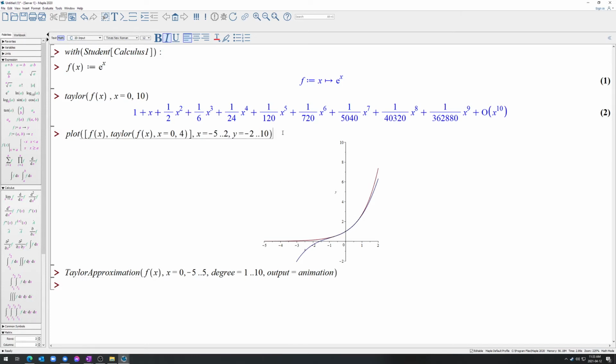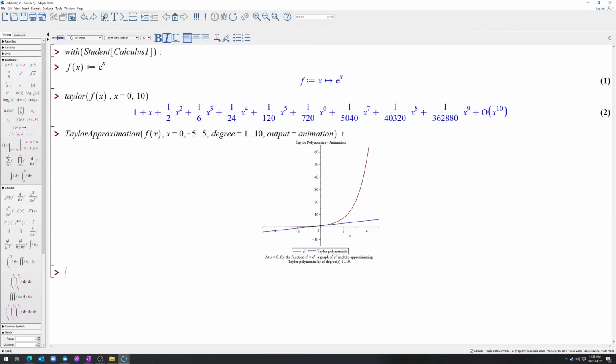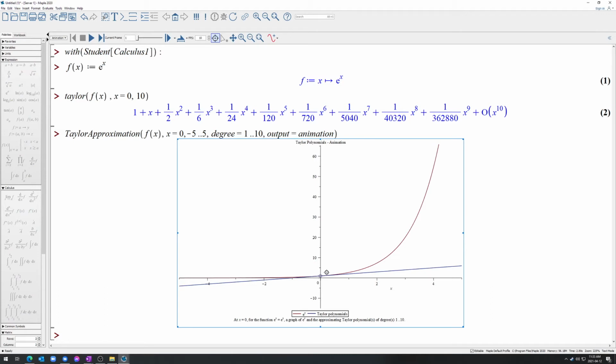Now, rather than me editing this and trying to plot each individually, let's get rid of that and take a look at this Taylor approximation command with the degrees from 1 up to 10 with an animation as its output. And from here, you can see that the first polynomial we have, degree 1, that's going to be 1 plus x. The next frame in this animation is going to have a degree 2, and that's 1 plus x plus 1/2 x squared. The next frame is a cubic, and a quartic, and a quintic, and a sextic,